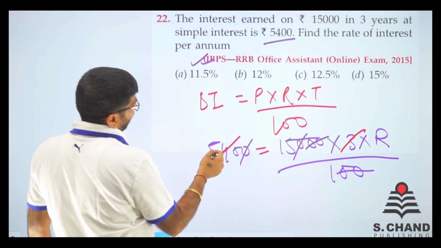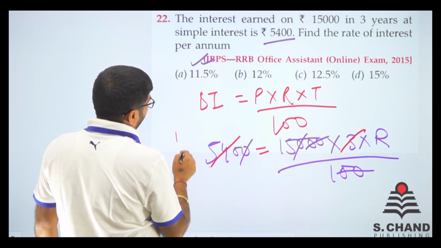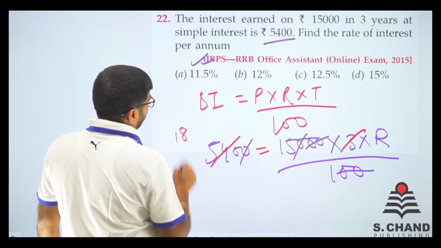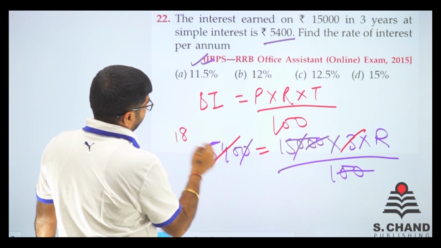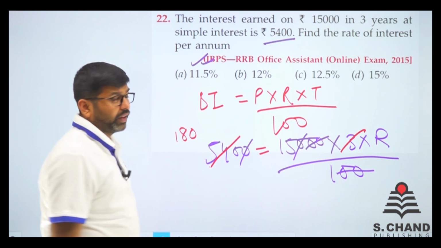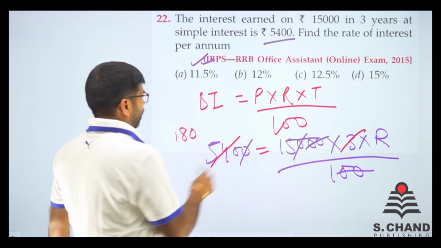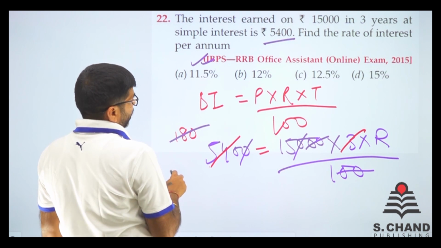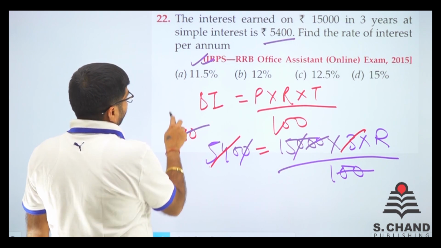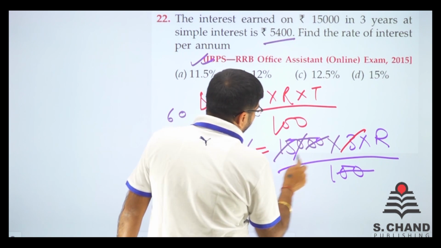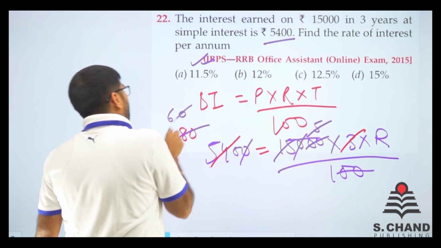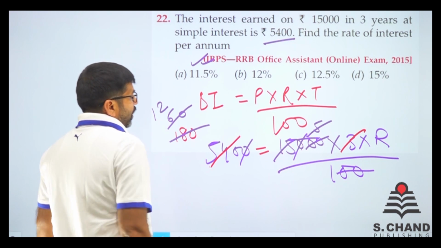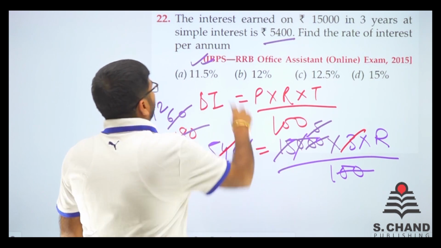So we get 5 is like 1 times, we get 24. 3 into 8 is 18, and we have 0, so we put a 0 there. So 18, okay, so do one thing also. Just cancel out, 18 is like 6 times and it is 5 times. Still we have left with 5, that is 12 into 5 is 60. So rate of interest is 12%.